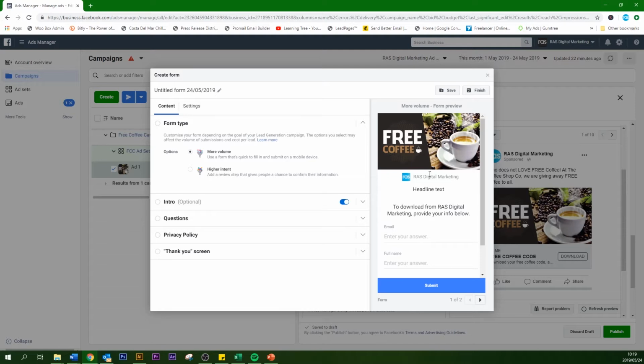Because people stay in Facebook and don't leave to a website, you don't need a website to actually run these ads. And because people stay in Facebook, the clicks are actually cheaper, because Facebook rewards businesses that don't allow people to leave the platform, because it obviously benefits them. They don't want companies to create ads on Facebook where people leave the platform and go to a different website. They want to make sure that people stay on the Facebook